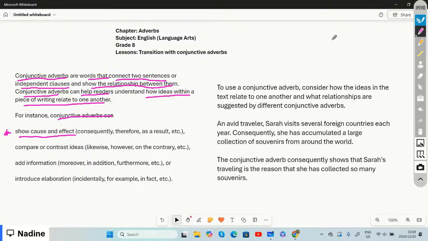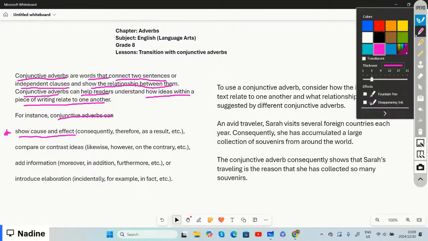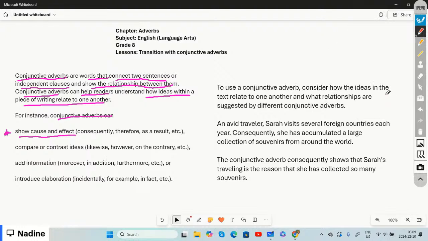And if it shows cause and effect, then we use words like this. Now remember these are words that either connect two sentences or connect independent clauses and show the relationship between them. So when it comes to us showing cause and effect,